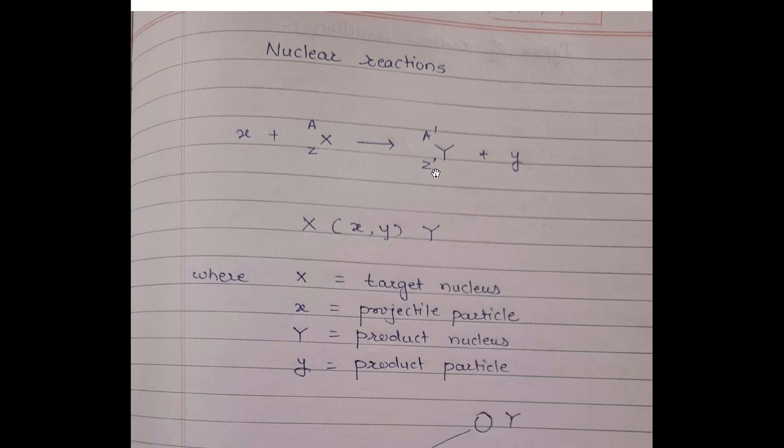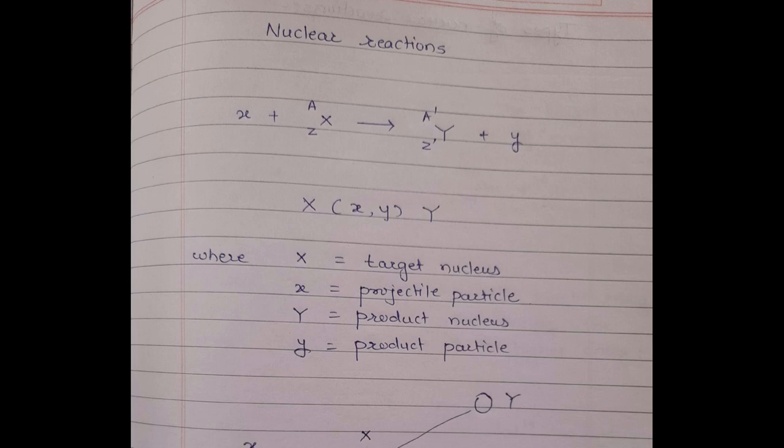The product nucleus here is represented by capital Y, which has a different atomic number and a different atomic mass number than the target nucleus. And the particle that has been formed along with this product nucleus, we call the product particle. So this type of nuclear reaction could also be written as capital X, that is the target nucleus, small